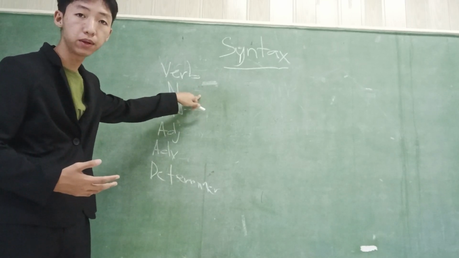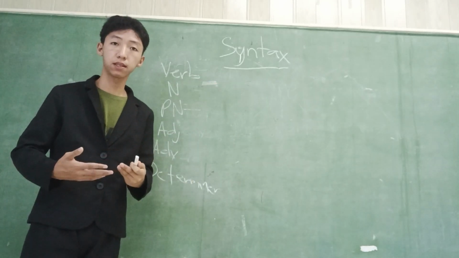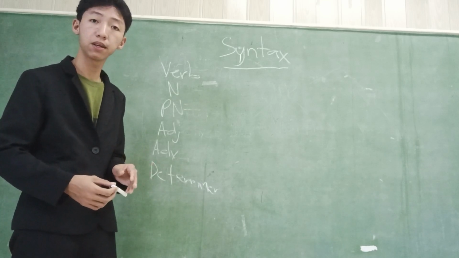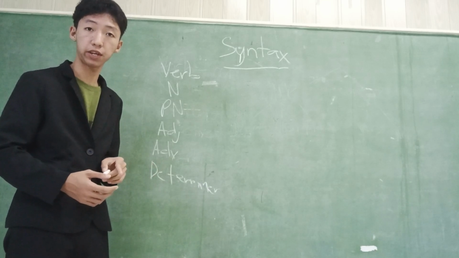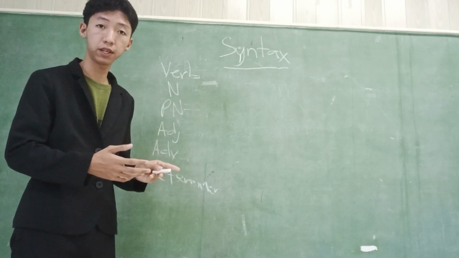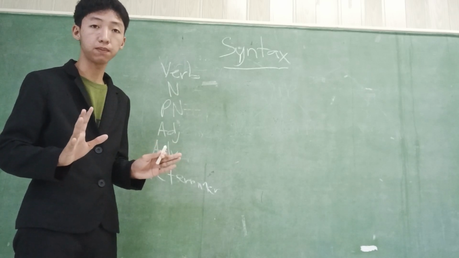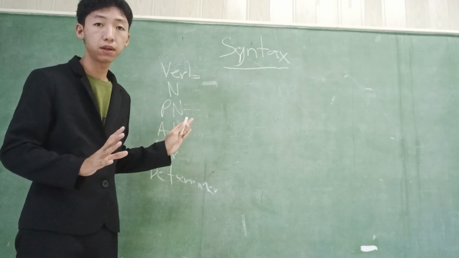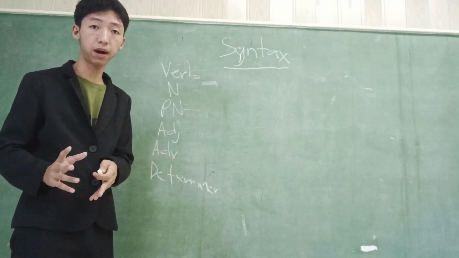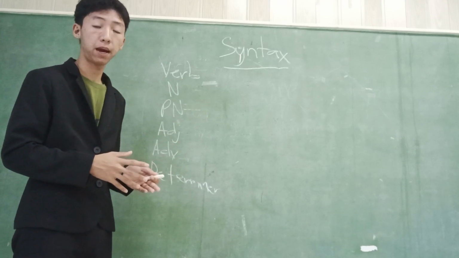And now we have the noun. So what is a noun? A noun is what we use to call things. It's the word that we use to label things. For example, we have a jacket, sweater, t-shirt, chair, apple, or it can also be applied to a person. The woman, man. Oh no, forget the he and she. That's not part of a noun. That's a pronoun, he and she. So we have a man, woman, chair, apple, ball pen, table, chair, and etcetera.